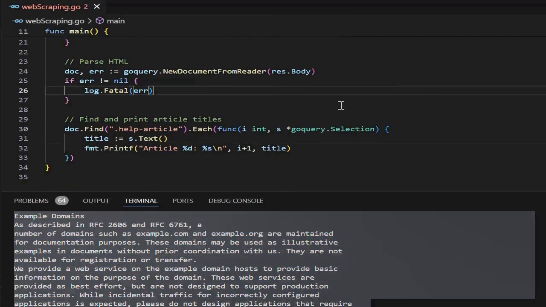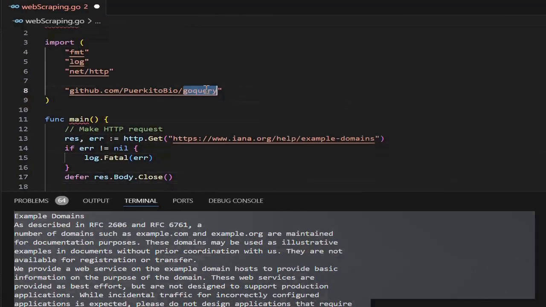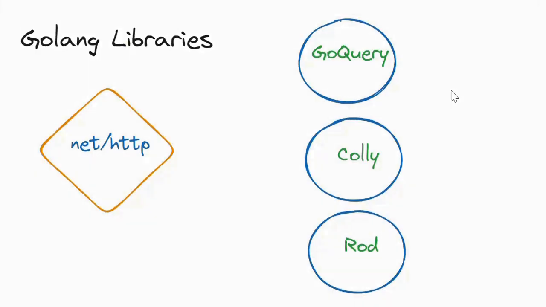So in a similar way, I can extract other kinds of data as well. Suppose you wanted to extract all the hyperlinks. Hyperlinks we give with the anchor tag in HTML. So I'll give A here, so it will find all the anchor tags in a specific document and iterate over them. So this is an easy way to scrape data in Go language with this GoQuery and HTTP library. In the next video, we'll understand how to scrape data with the Colly library in Go language.